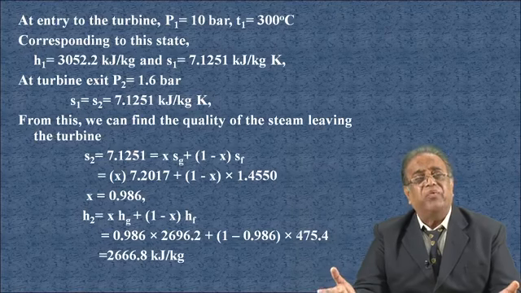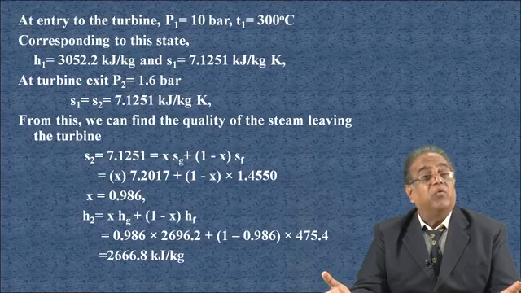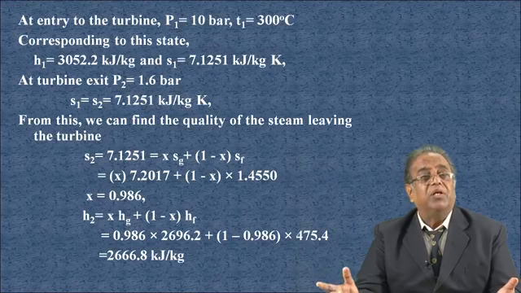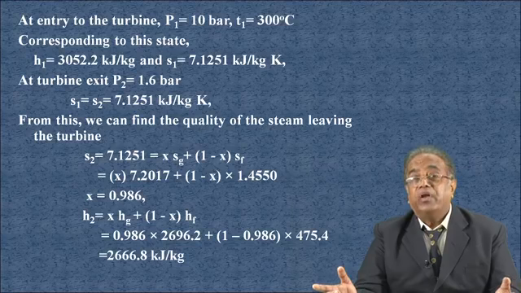Sg and Sf we can get from the steam table. So if we put the values of Sg and Sf from the steam table, we can calculate the value of the quality, that is X. For this case, it comes out to be